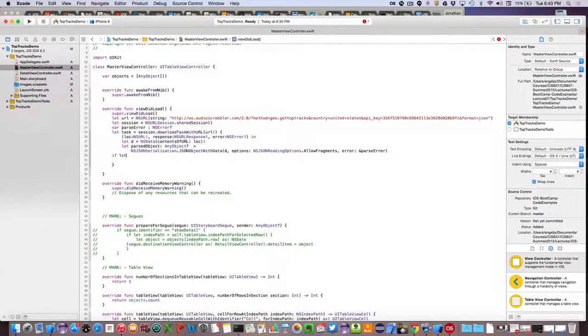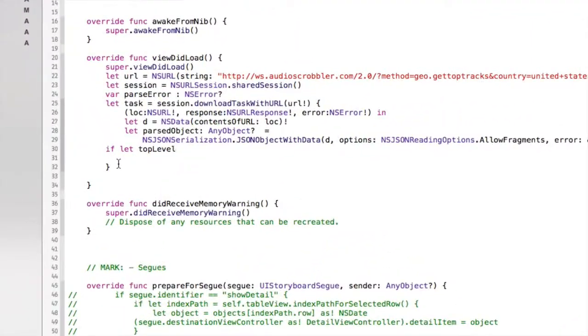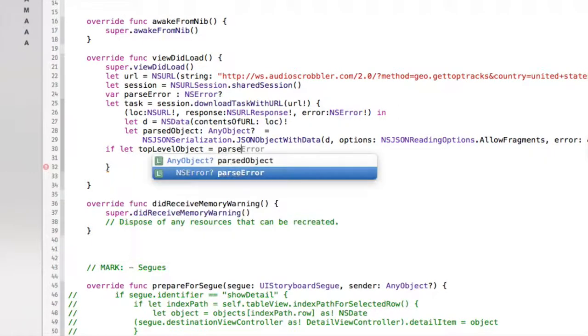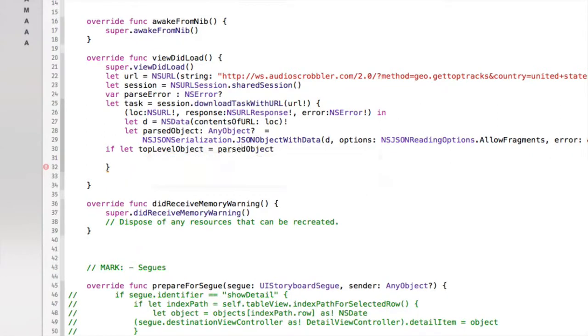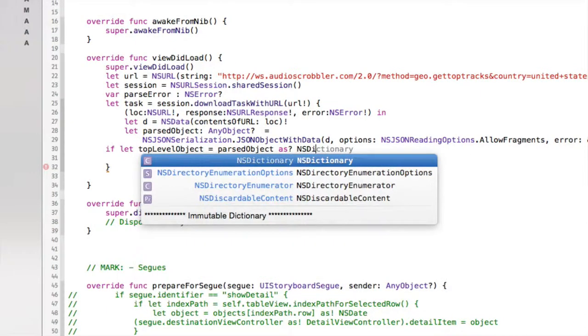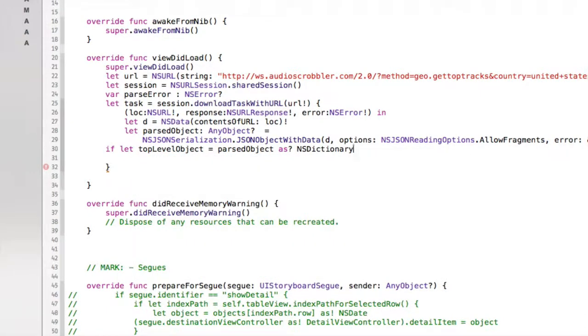So I'll say if let my top level object, and I'll take that parsed object and cast it because it's an AnyObject, right? And I'm going to cast that thing into a dictionary because I know that's what it should be. And this is a conditional. So if indeed it was a dictionary,